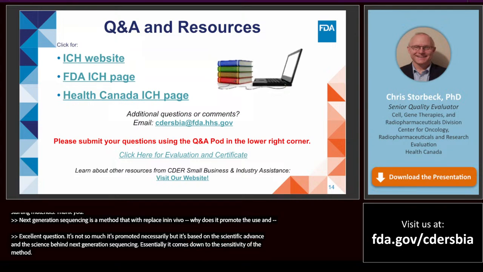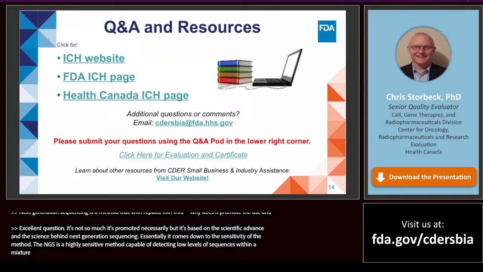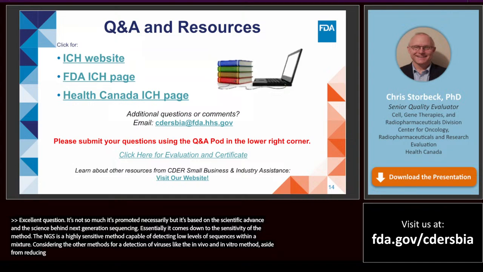NGS is a highly sensitive method capable of detecting very low levels of sequences within a mixture. And considering the other methods for detection of viruses, like the in vivo and the in vitro method, aside from reducing the use of animals, the in vivo methodologies, there can be issues with sensitivity,